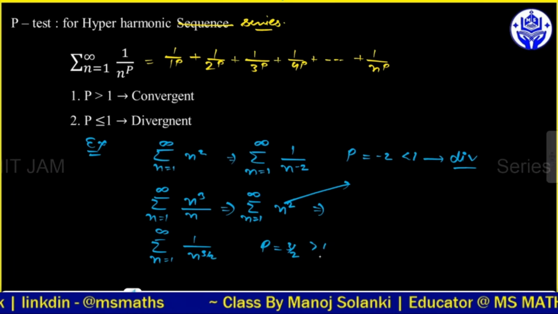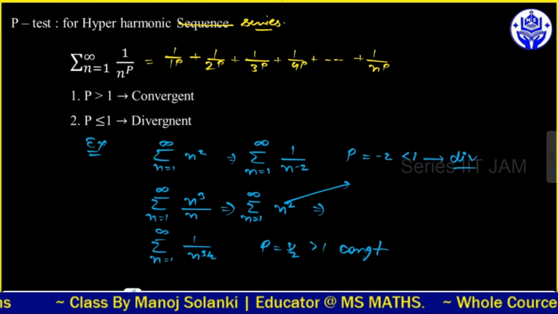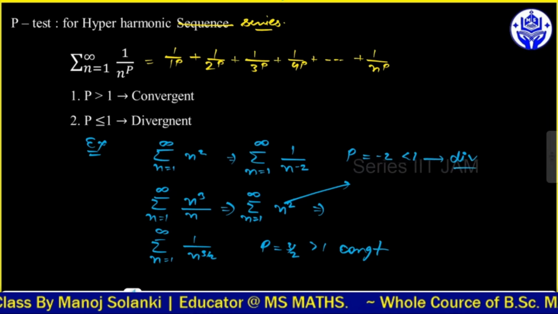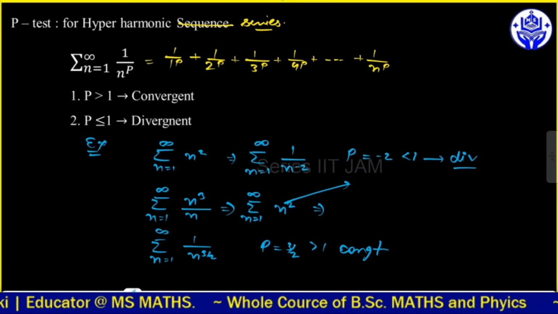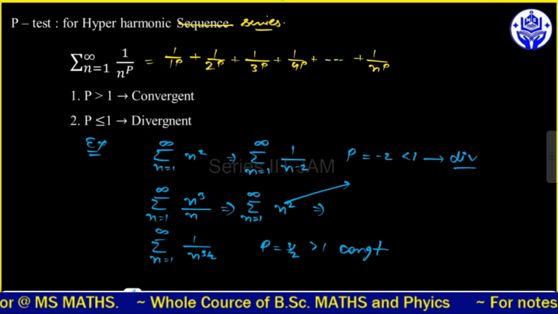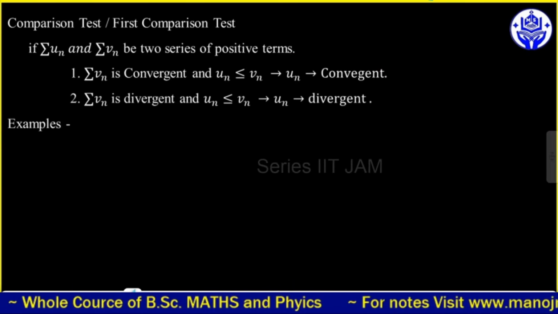है और 3/2 इज ग्रेटर देन 1, तो हम क्या कहेंगे, दिस इज द कन्वर्जेंट सीरीज। तो इस टाइप से हम इसकी कन्वर्जेंसी को चेक करते हैं। बड़ा सिंपल सा मेथड है। आपको क्या करना है, सीधा p की पावर को देखना है, ग्रेटर देन 1 है तो कन्वर्जेंट हो जाएगा, लेस देन इक्वल 1 है तो डाइवर्जेंट हो जाएगा। यहाँ पे आपको एक सीरीज गिवन होगी और वो सीरीज UN होगी।